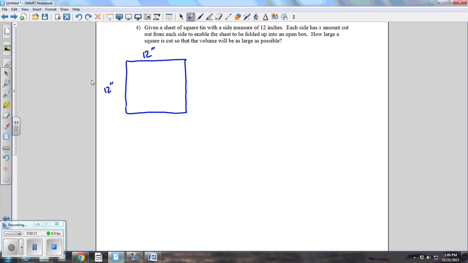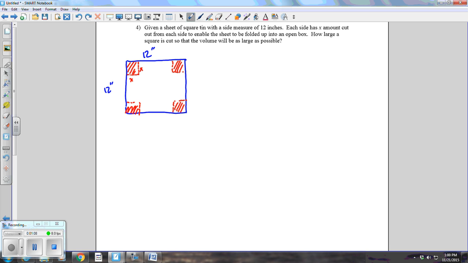Each side is going to have a certain amount cut out. Now, I'm going to draw this for you. We didn't really do anything like this in class, but I want you to imagine that if I took x as a piece, a square piece to cut out, I'm going to subtract that out by cutting it out. It's an x by x corner cut out from each side. And I should actually say each corner. If I cut that out all the way around,